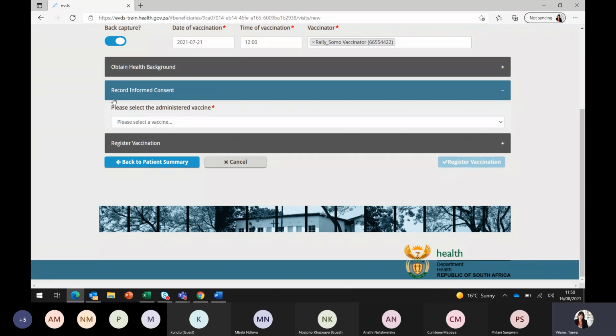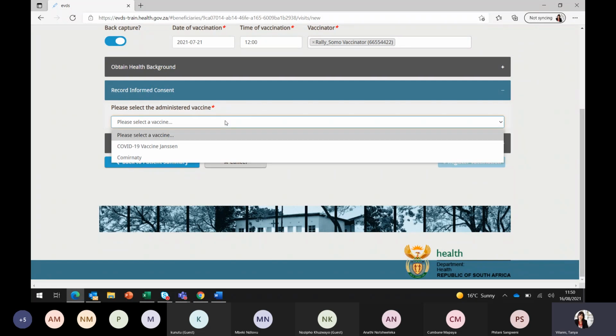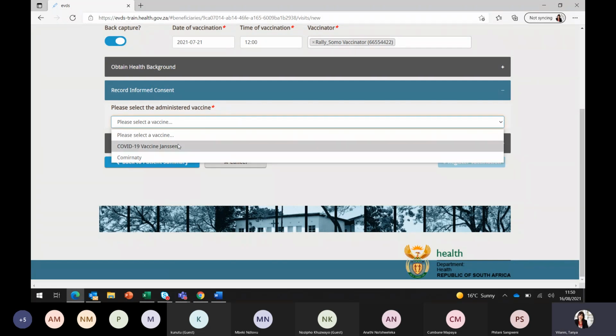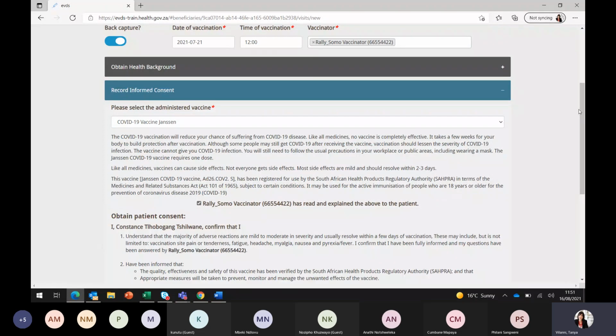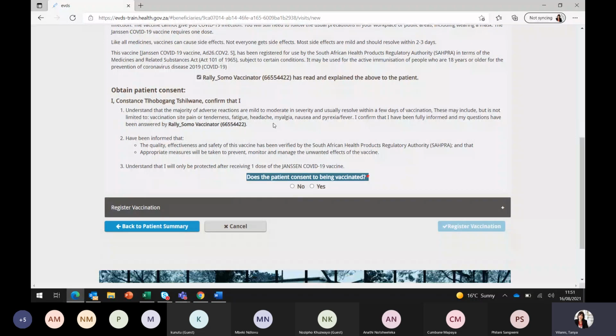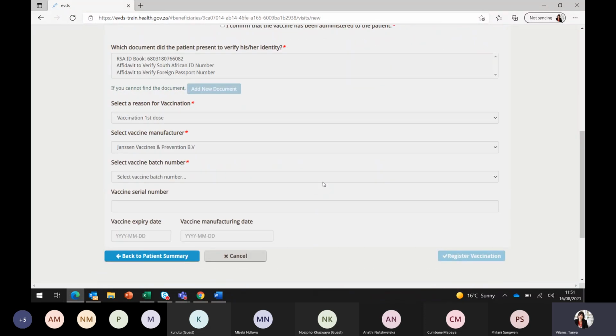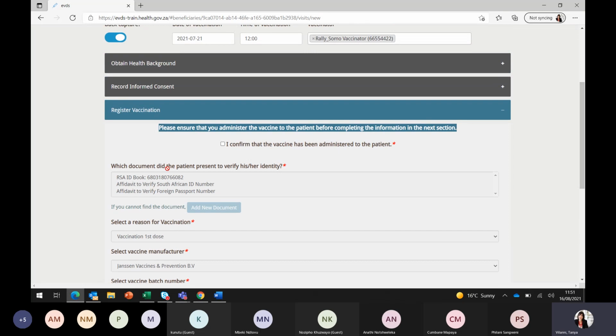You'll then be prompted to record the informed consent that the vaccinator got. So we'll select which vaccine would be administered. They would have read this out to the patient, and then they would have said that they've read it. So you will then capture that. And then they should have read out consent and then captured that the patient consented to being vaccinated. Okay. You will then do another check here,